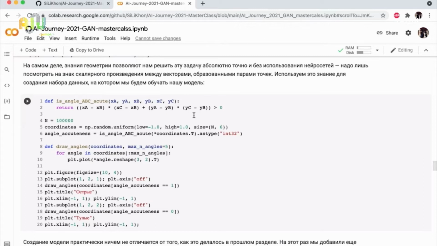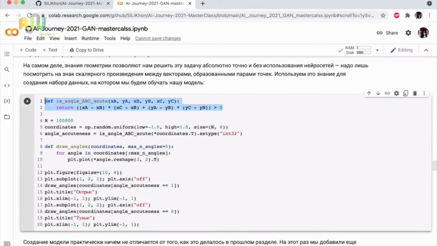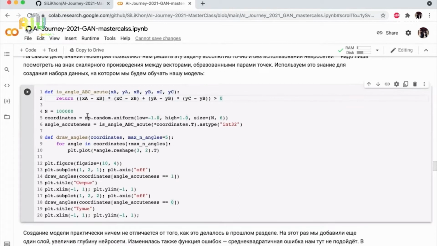If it's positive or negative, well, straight angles. Actually, we have a function that gives you, from the knowledge of geometry,